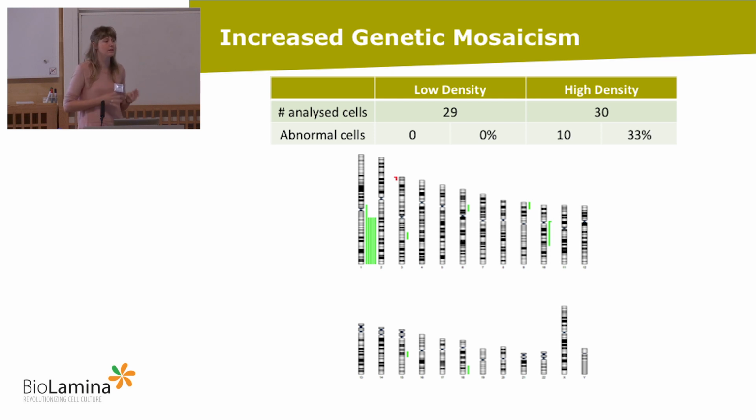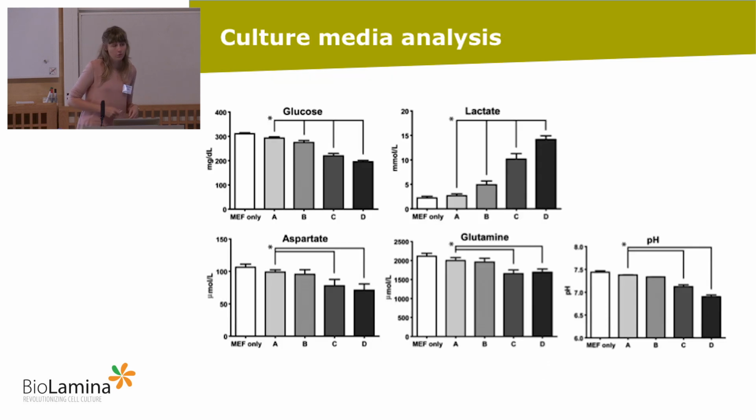So to prove a link between the lactic acid and the pH, what we did was culture the cells at a very low density, but add medium that would mimic the medium they would have if they were growing at high densities. So on cells at low density, we put medium that contained the lactic acid of a high density medium, and we also did the same for pH. So we basically modified the medium to mimic the high density situation.